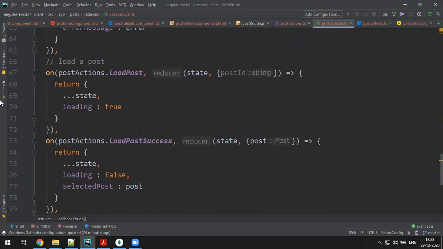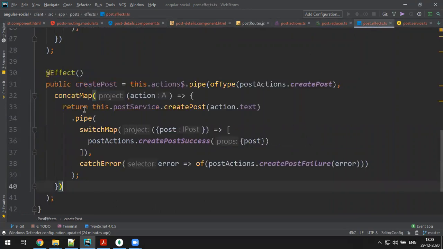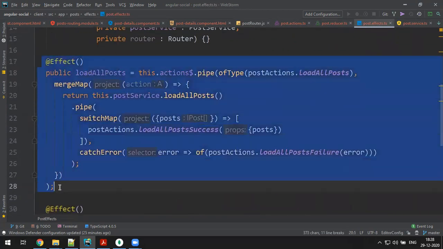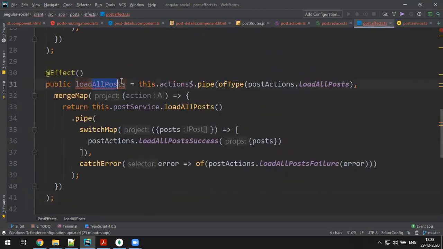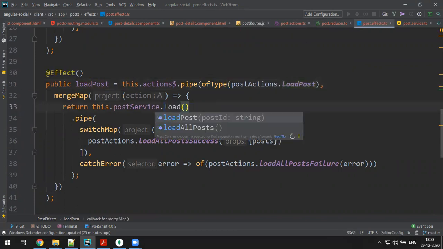Let's move on to fx. So go to, where is fx? Yeah, post fx. Let me grab the load all posts. I'll paste here. This is just load post, single post. This is also load post.